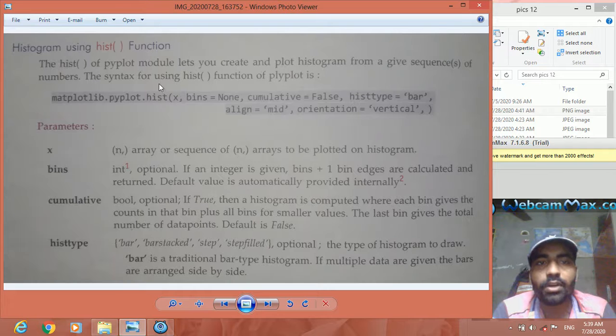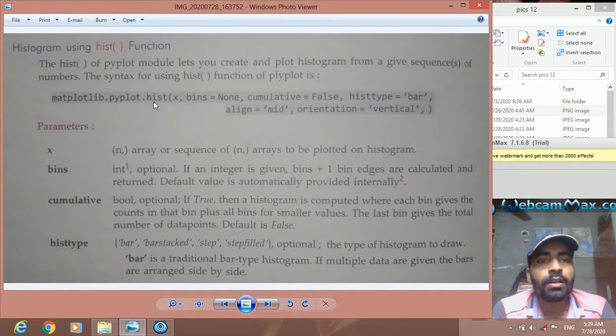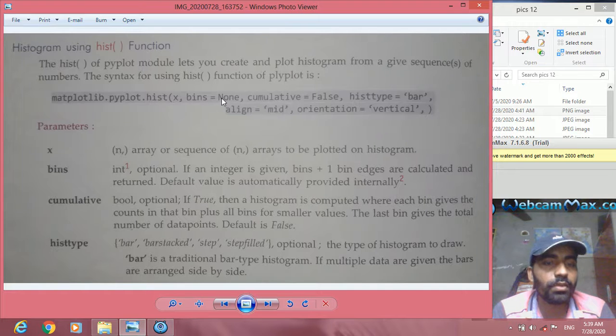And the syntax for using the histogram function of pyplot is as given here: matplotlib.pyplot.hist, or directly you can write plt.hist. In the parentheses, x comma bins equal to, as I told, the sequence of numbers.